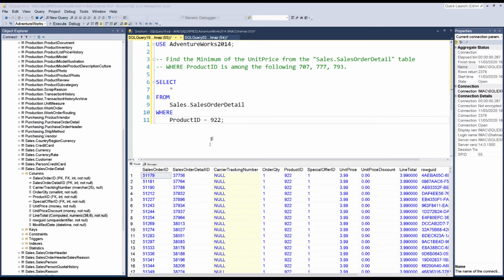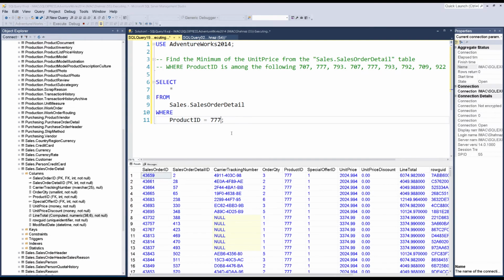So if we give 709, for example, let me copy and paste, and I'll show you in all. Let's put these numbers here quickly so that we can execute quickly. I'm going to use my keyboard to execute these queries. So for example, I'm executing for 777. Keep an eye on this unit price. The order quantity should be 1, and then check the unit price